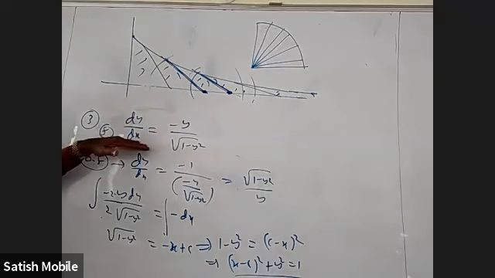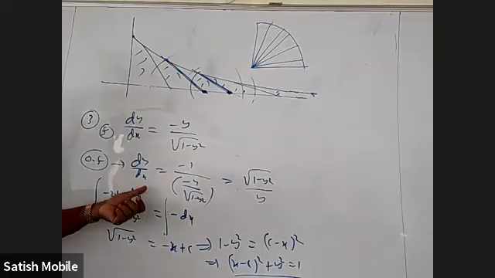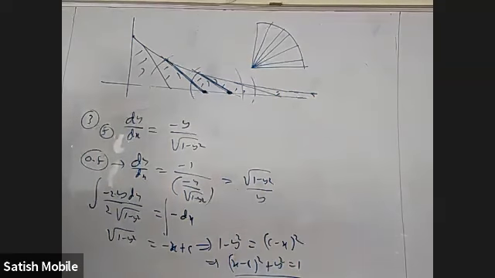This is the differential equation of the original family which we got from length of tangent equal to 1. And this is the differential equation of the orthogonal family, and we did variable separable and integrated it, which gave us a family of circles with constant radius and, physically, with centers on the x-axis.